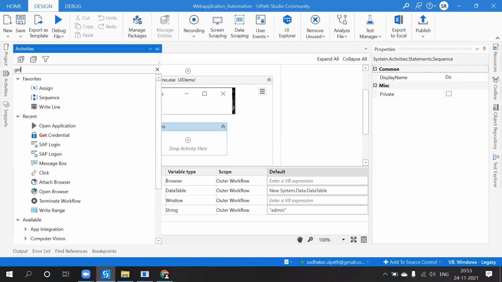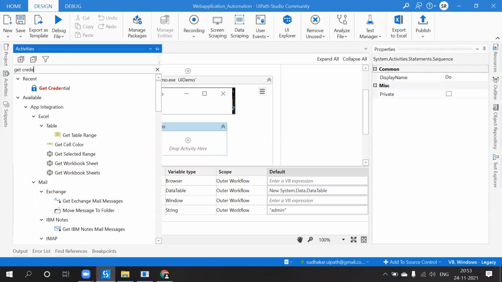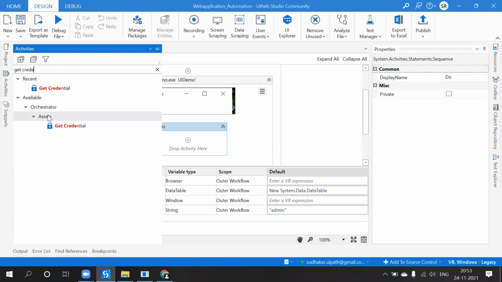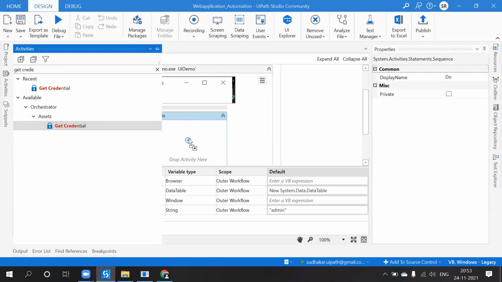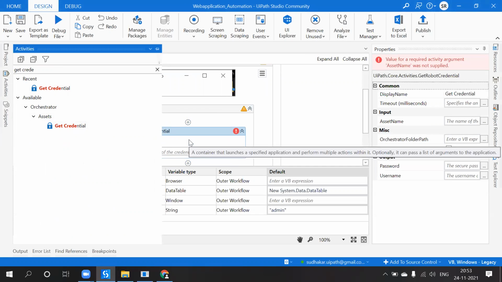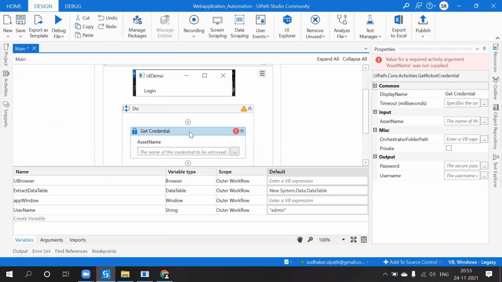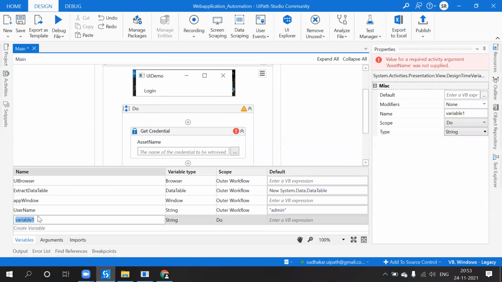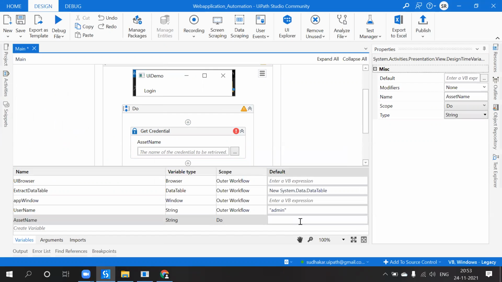There is one activity called Get Credential. Under assets, available in orchestrator, under Get Credential, what is the name of the credential? Sorry, asset. So here, asset name. What is the asset name we created? UI demo underscore.